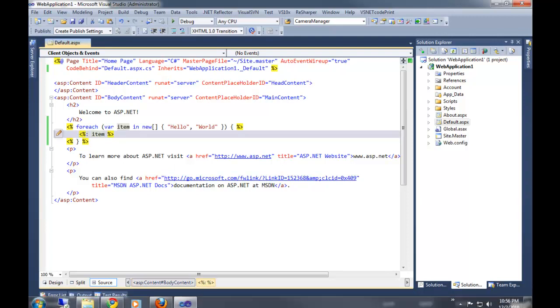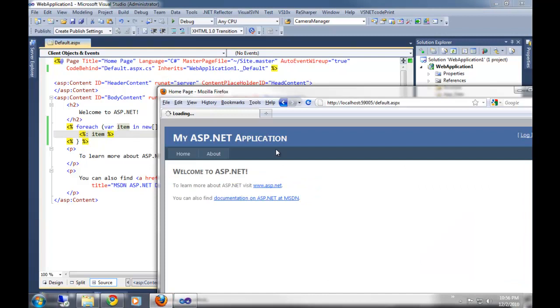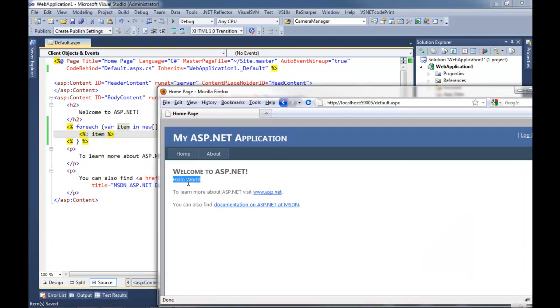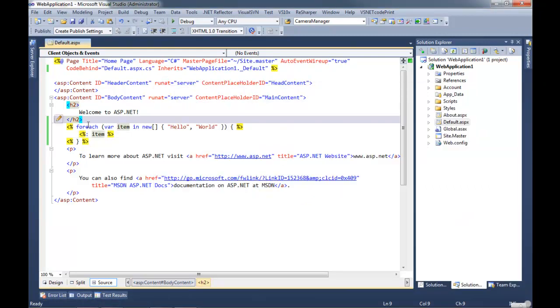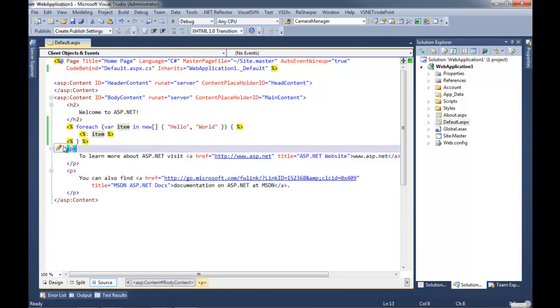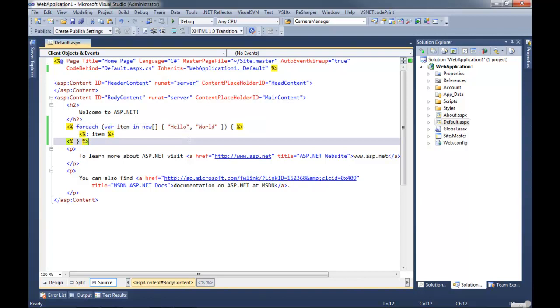Now, does every line of your code need to be surrounded by the greater than, less than with a percent sign? Yeah, hello world. Every bit of C# code, or rather every bit of code that is defined by this language attribute. If I were to change this to VB, I would be writing VB code. And quick terminology. But you just can't do a starting and then a closing end of that and then just have loads of code in between?